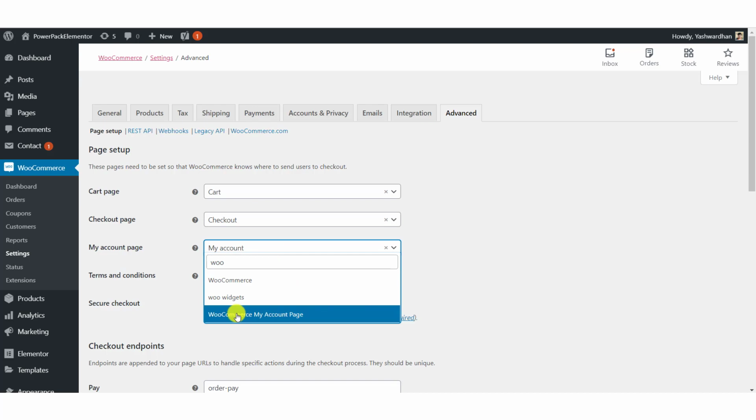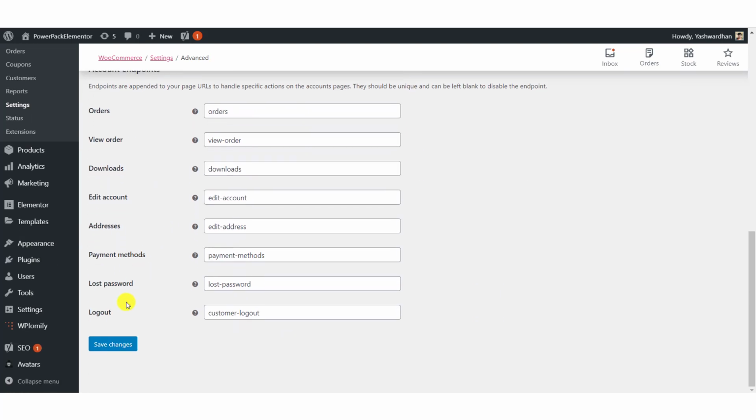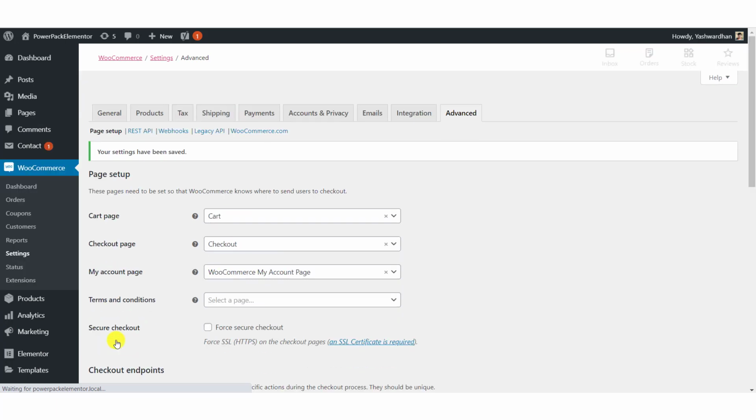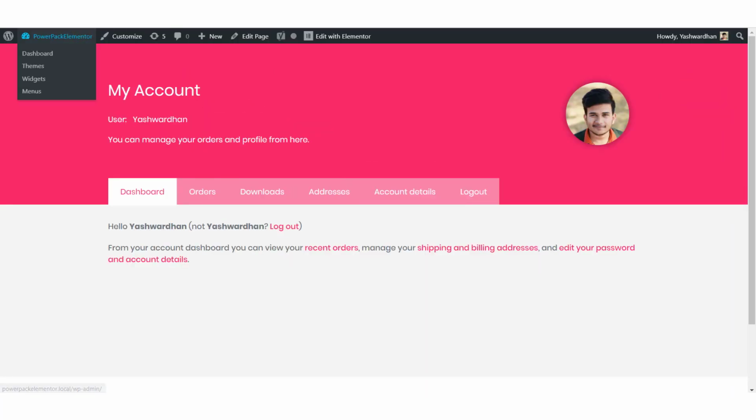So this is the page that I have created. Just select it and click on the Save Changes button. Now you are all set. The settings have been updated and you can just go ahead and give your My Account page a try.